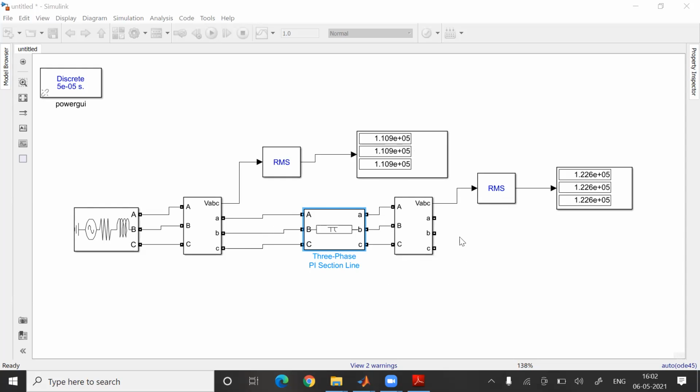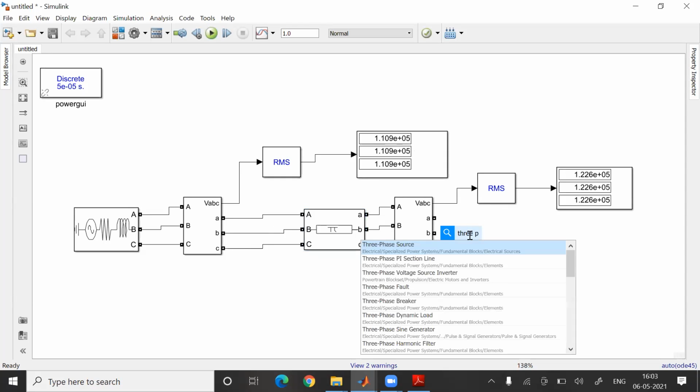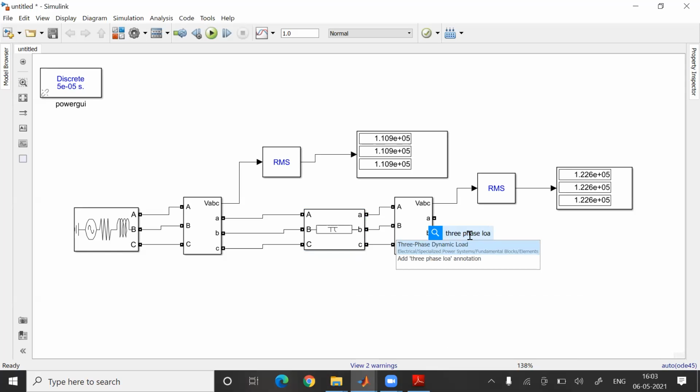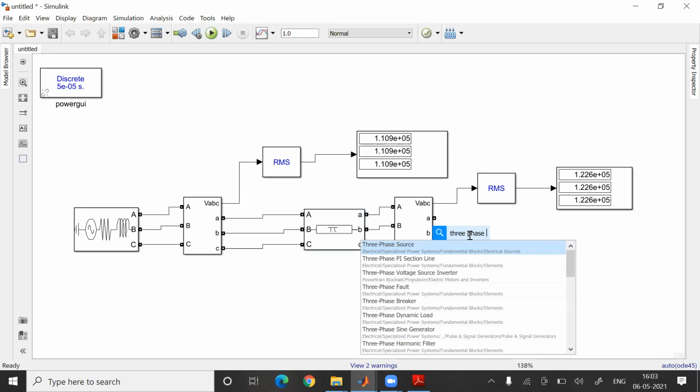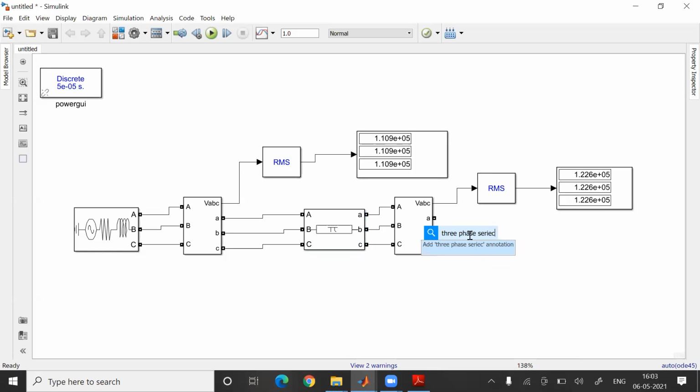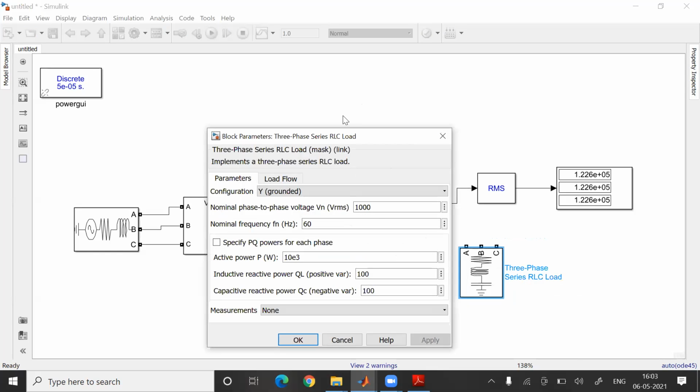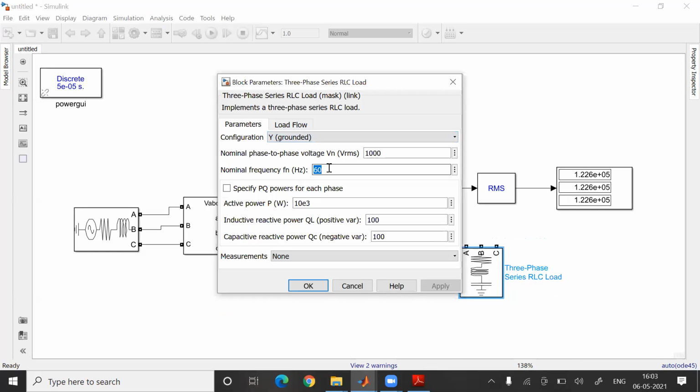So what I will do is connect a three phase load in the load segment. Will connect a load, right? Make its size 50.